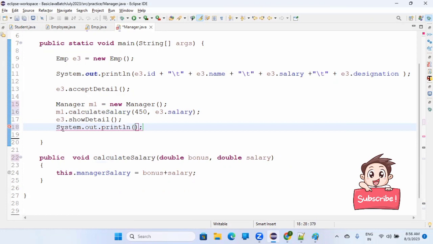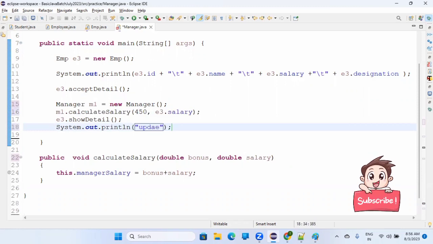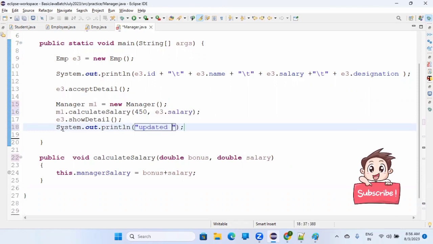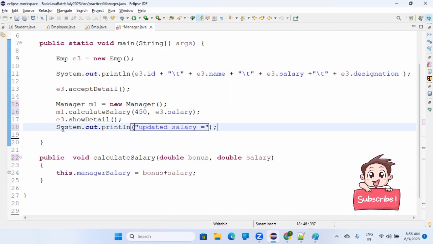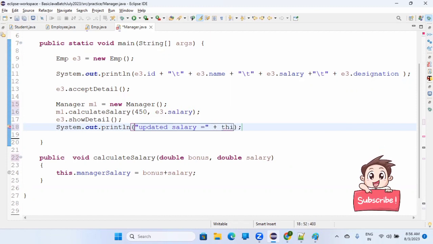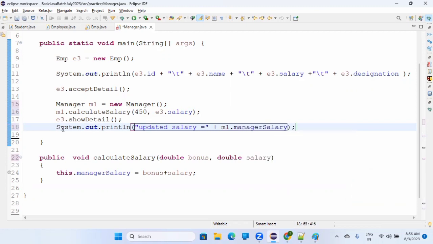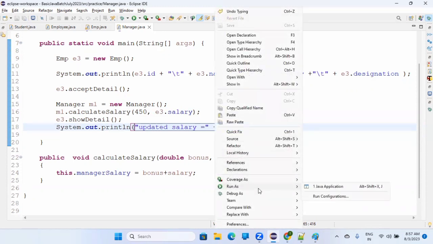So you can then print your, I will say, updated salary. Updated salary is equals to plus this. No, not this. M1 dot manager salary. Okay. So this time, if I'll run this program,